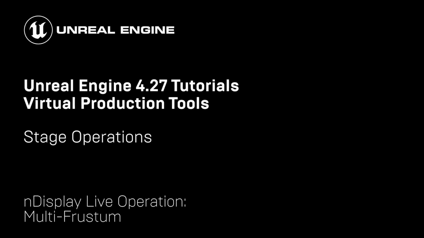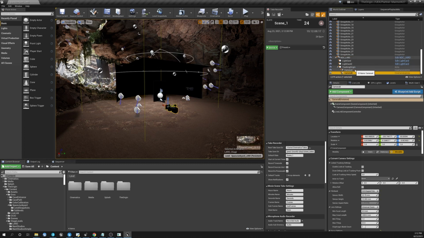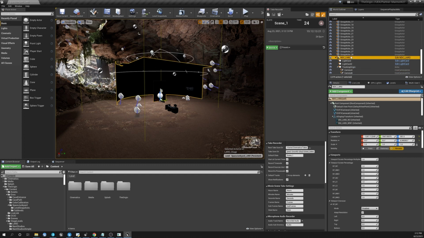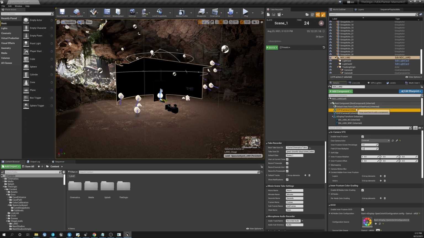All right, so once you have your stage level prepared and you've been able to get your nDisplay config onto the wall, the next step is to begin configuring our inner frustum cameras. If you remember, when we created the stage level, we added 2 Cine camera actors that represent our 2 real-world cameras. So what we've done in our nDisplay config is included 2 ICVFX camera components, which represent the inner frustums on the ICVFX setup. So what we'll do is assign a Cine camera actor reference between the correct Cine camera actor and the correct ICVFX camera component to show that camera A is controlling the inner camera A frustum, and camera B is controlling the inner camera B frustum.